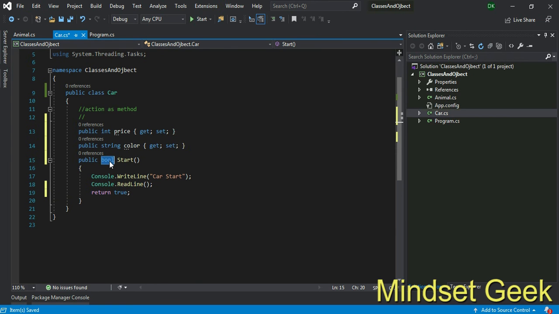This way. If you keep char type, you should return one character like this, right? This is the return type of the method. Now I think you have some idea behind method. What is a method and why we use a method, right? Then the return type, right? These are the concepts I want to explain.